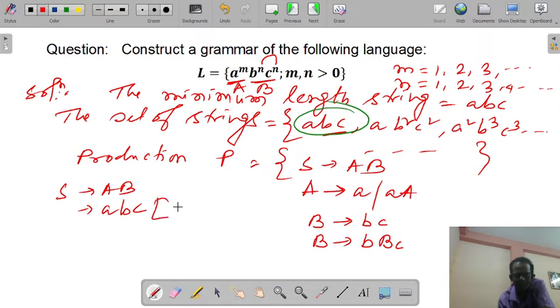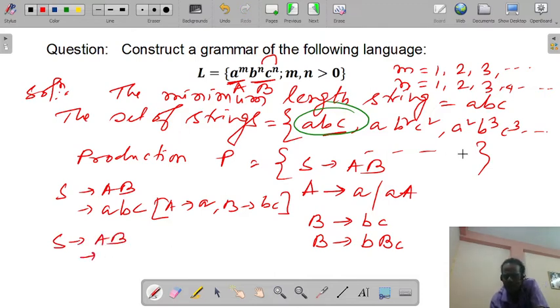So here the productions are used: A implies a and B implies bc. So next, suppose we need to produce this string. How is it possible to generate? Just here you see, S implies AB.